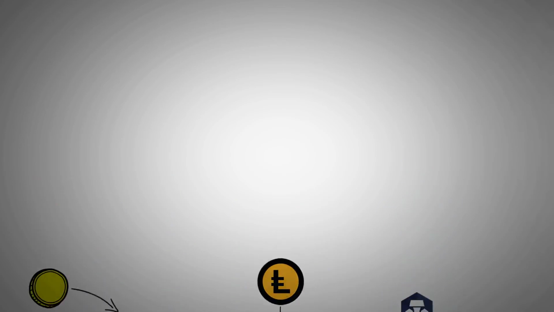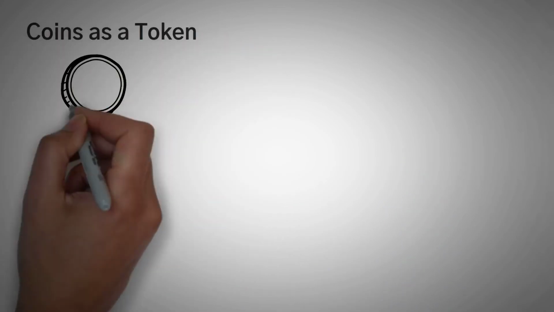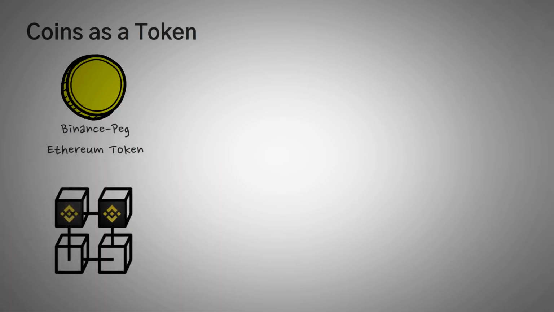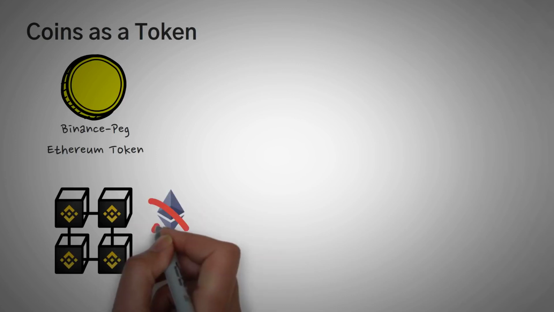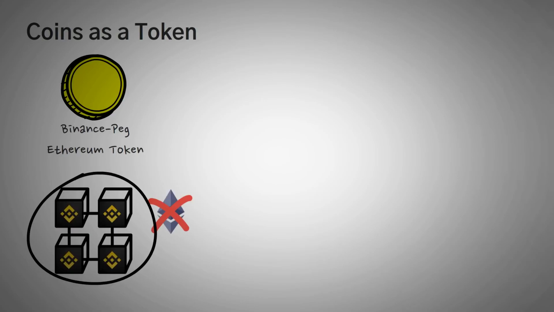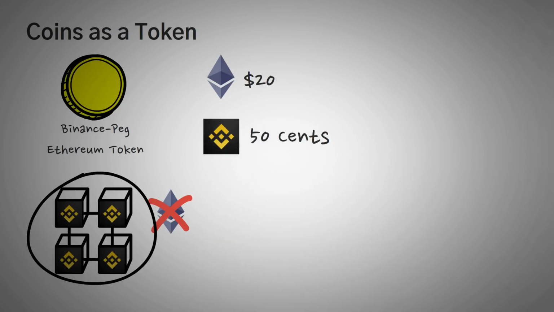Another important thing to know is that some coins are represented as tokens on other networks. For example, a few days ago, I bought something called Binance Peg Ethereum token on the Binance Smart Chain. I did not actually buy Ethereum, but instead I bought a representation of Ethereum on the Binance Smart Chain network that mimics the price of Ethereum. You might be wondering why I did this. Well, a regular Ethereum transaction is around $20 right now. However, a transaction on the Binance Smart Chain is only 50 cents, so it is much more affordable to trade a representation of Ethereum on the Binance Smart Chain network.